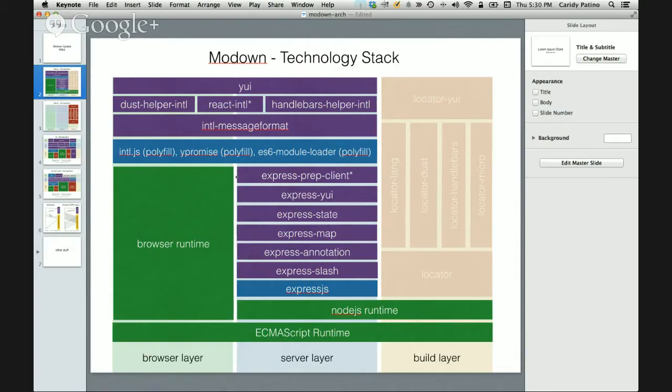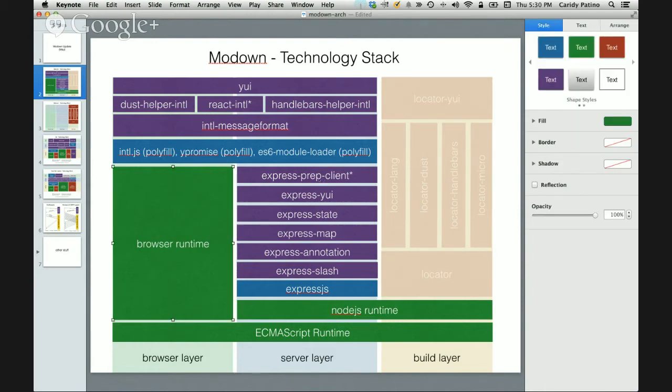There is a component here that I didn't talk about yet, which is Express Prep Client. And you see it has a star here, the same as React Intl. Those are things that we are working on, still not open source. They are in the making. But basically, this Express Prep Client will be released soon, and what it allows you to do is